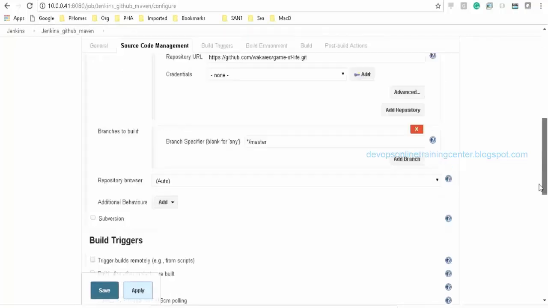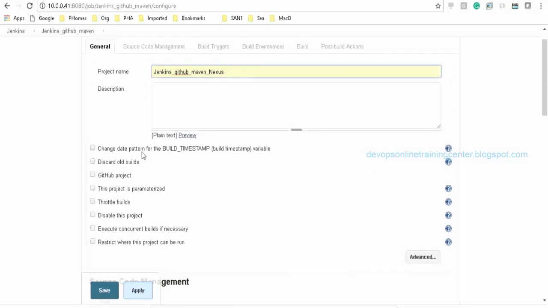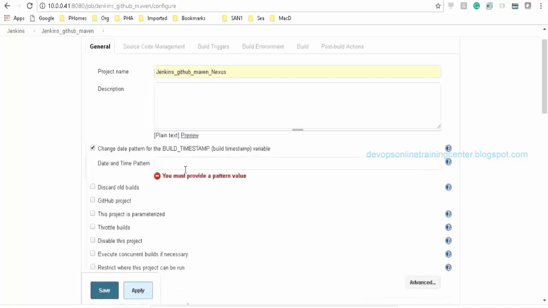Only thing is I need to select something called, see here, before this option was not there: change the date pattern of the build timestamp variable. We got this from the Build Timestamp plugin. Once I install that, this option will appear here. So here I need to specify the date and time pattern, for how I want to use this build timestamp variable inside my job.